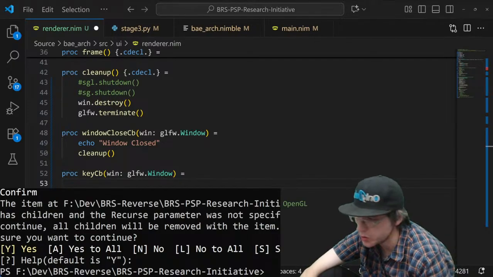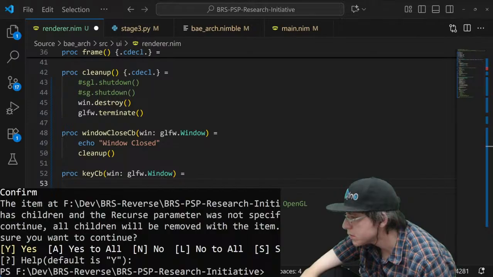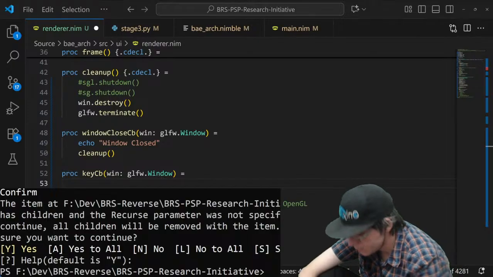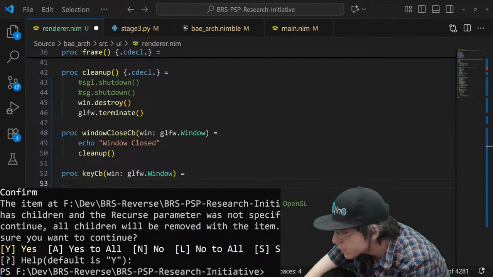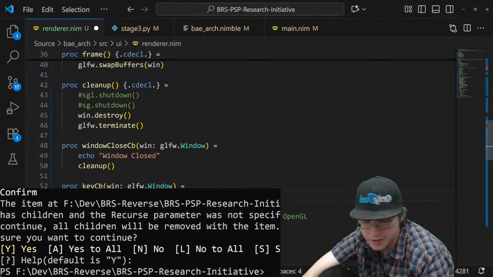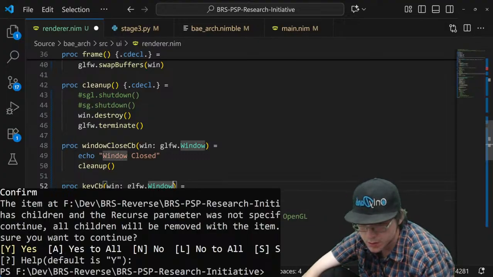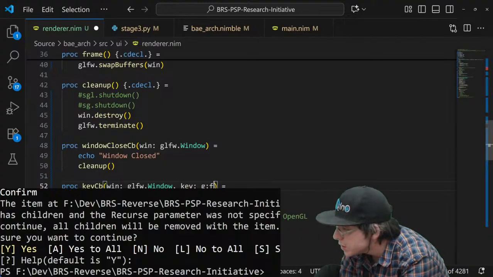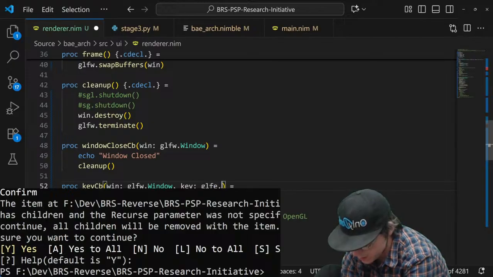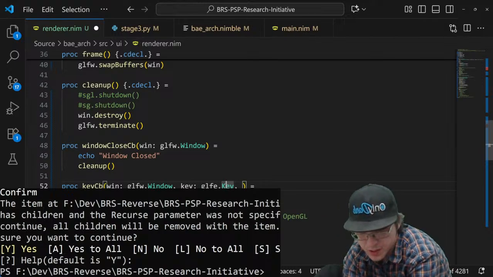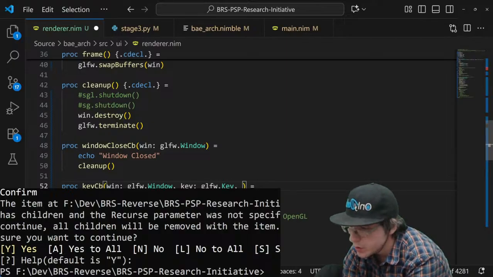There's gotta be a way to get closer. So what I'm doing right now is just straight up, let's just go this route. W dot key.